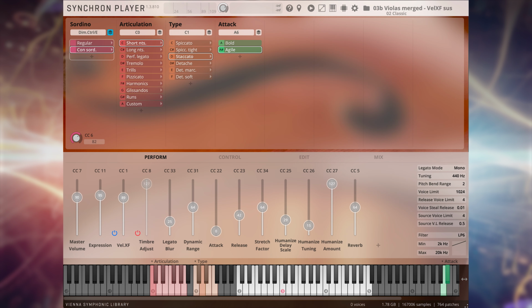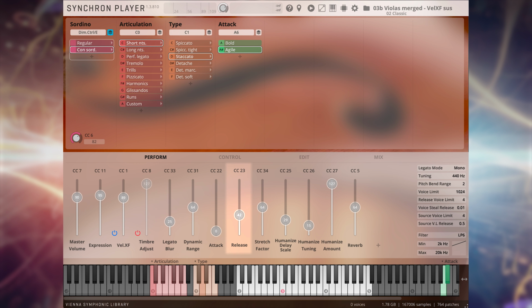When programming duality strings, don't forget to explore the powerful tools available within the Synchron player. In addition to the velocity crossfade and expression, make use of the humanized delay to make your performances sound more natural. If you are aiming for smoother legato, the legato blur control is your friend.